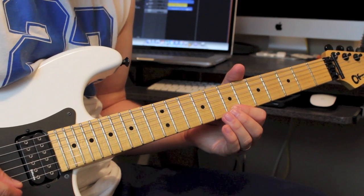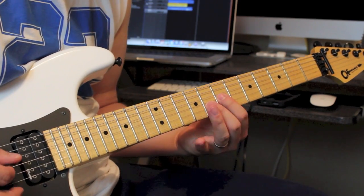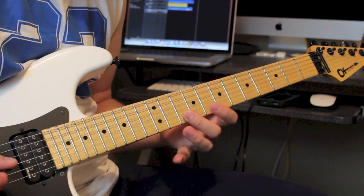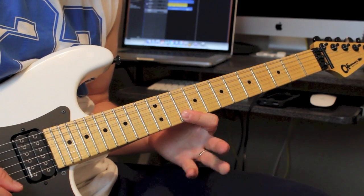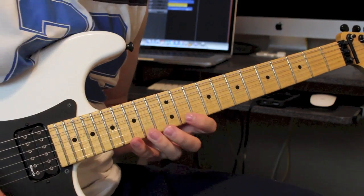you're going to go 8 slide up to 10 on the high E, then 8 on the B, so then 10 and 12. So we have. Then what I'm doing now is I want to do 12, pull off 10 to 10 on the B. Slide up to 14, and then,